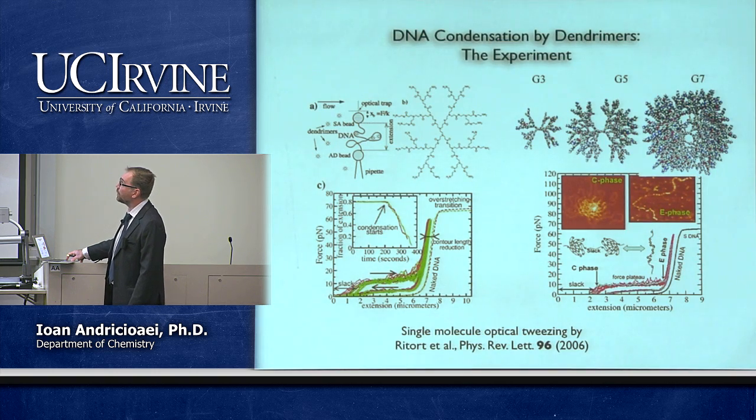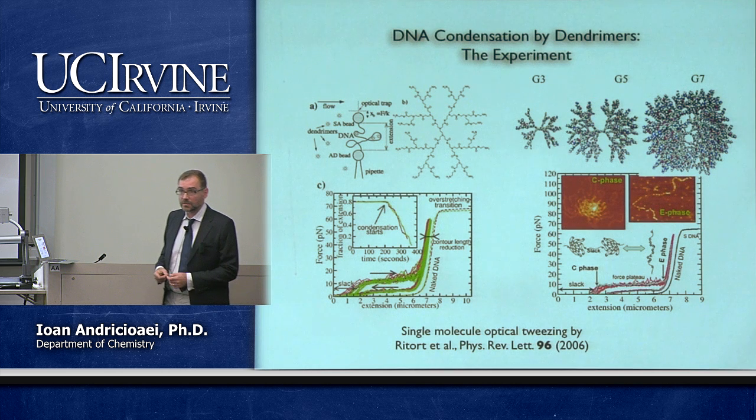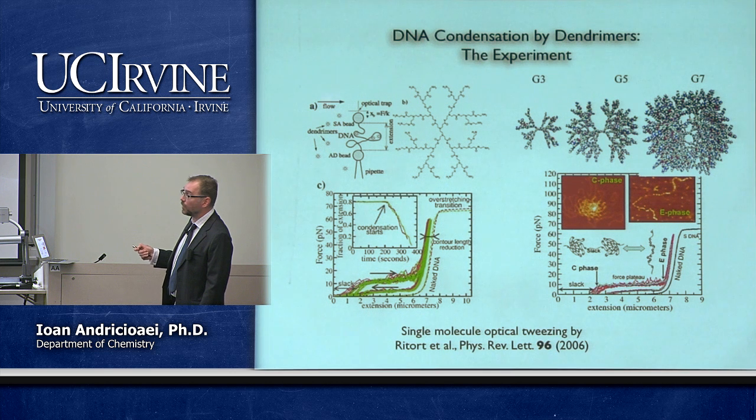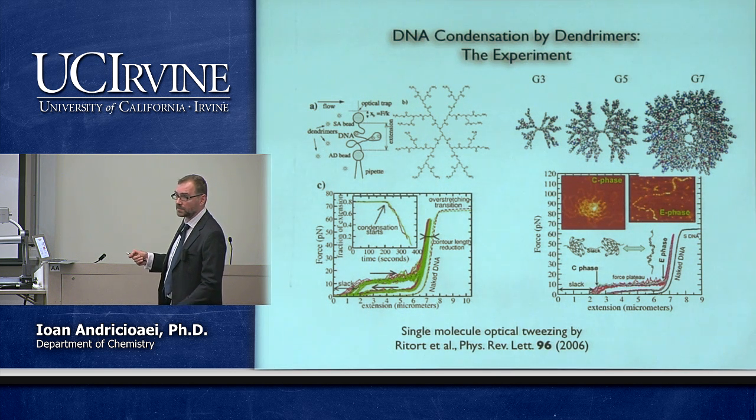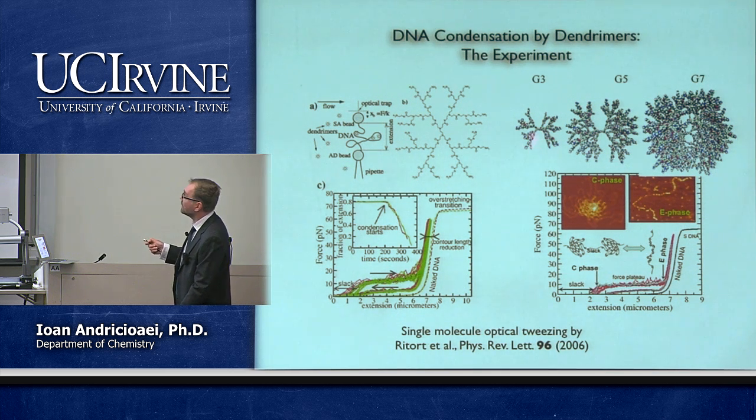OK. This compact state of DNA can be measured experimentally with single molecule tweezers. So what you can do is you can grab the ends of this DNA and pull them apart at the same time as measure at different concentrations of the dendrimer. These dendrimers are branched